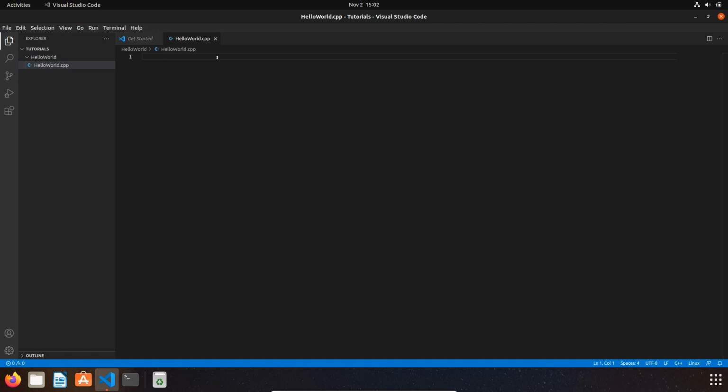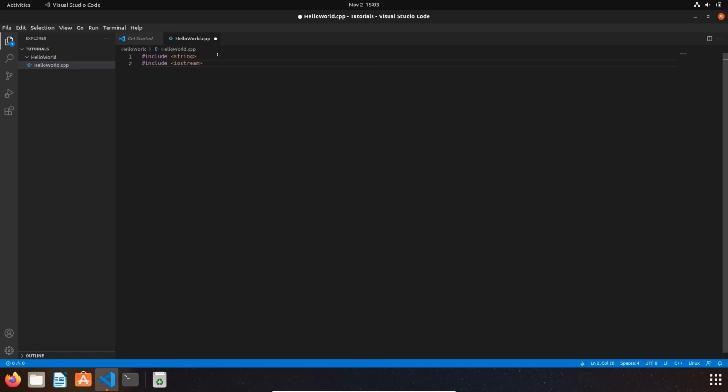Now at the very top of your program, you're going to have what's called an include directive. What this does is the compiler, as it's working through and looking at your program, sometimes you're going to be using code that you did not write yourself. For example, the standard library that comes with C++. In this particular situation, we're going to be using string, and we're also going to include